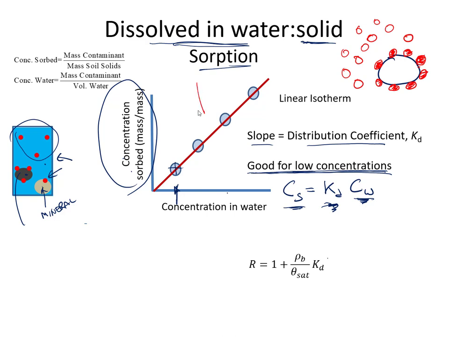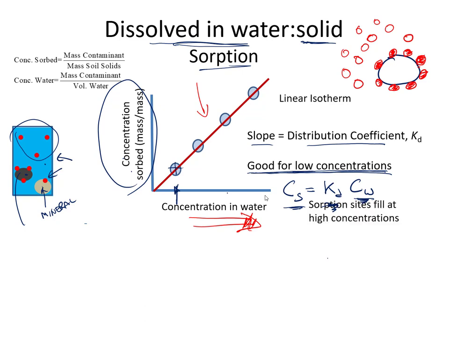So this general concept of having them be proportional works nicely when these sites are only slightly filled. But as we increase the concentration in the water, the sites are going to fill up, and at some point it's going to be harder and harder to find a place for the absorption to occur on the surface of the solids. So to account for this,